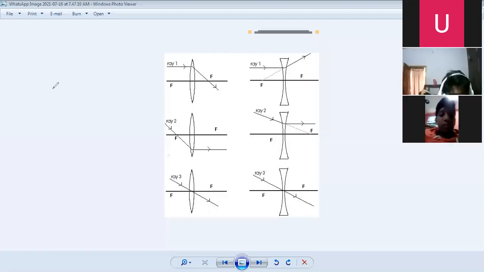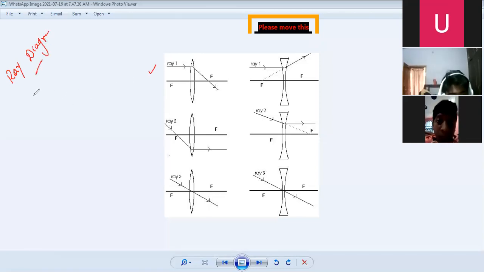We are discussing the ray diagrams in lenses. It is very important to understand the image formation in lenses. Let's recall the first case in mirrors. What's happening in a concave mirror? When a ray is passing parallel to the principal axis, the reflected ray is passing through the focal point. Here in lenses, you don't find a reflected ray, but we have the refracted ray.